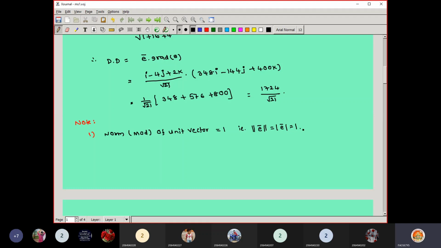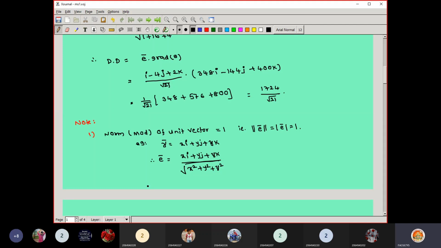That means whenever you calculate the norm of a unit vector, it will definitely be 1. If you have any doubt, I will give a small example. You take any type of vector. For example, I am writing here r bar is nothing but one vector denoted by xi + yj + zk. Is it vector or scalar? Vector. So for this vector, you calculate the unit vector e bar, meaning (xi + yj + zk) totally divided by, what will be the procedure, the square root of x² + y² + z². So just to do the simplification, this is nothing but your e bar.